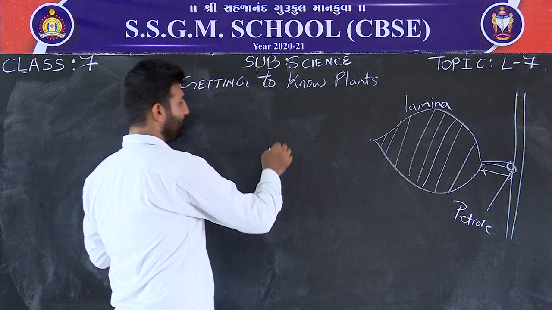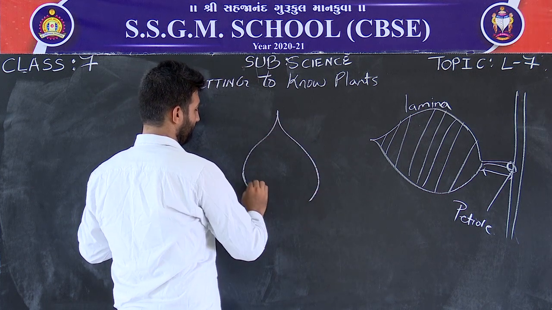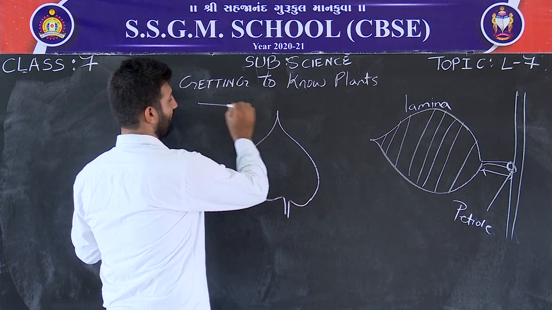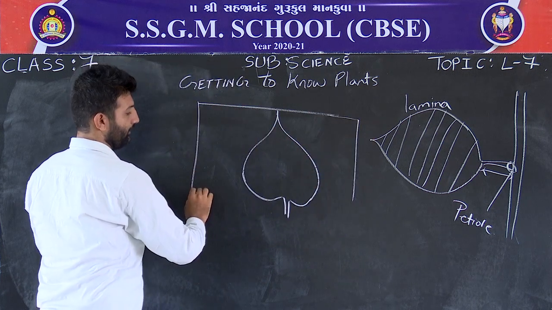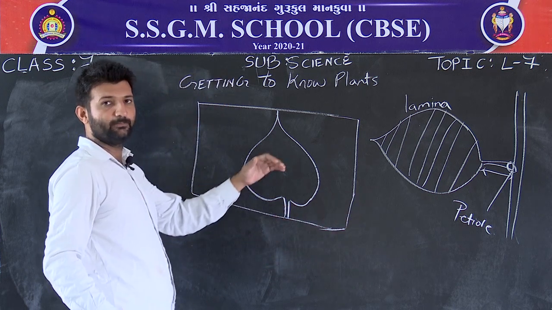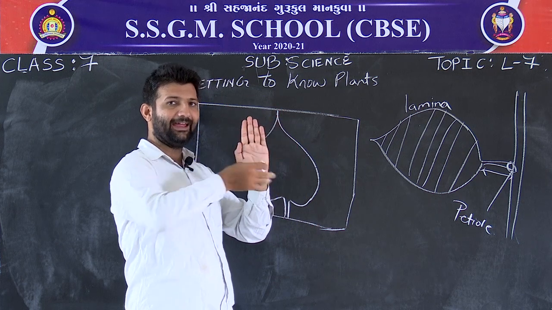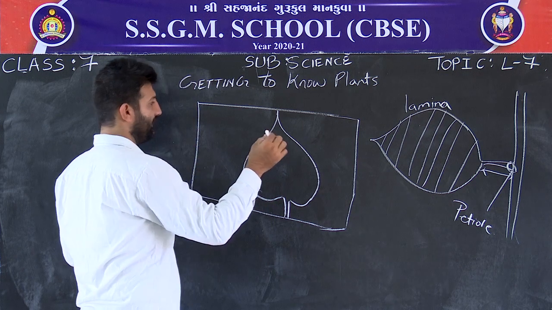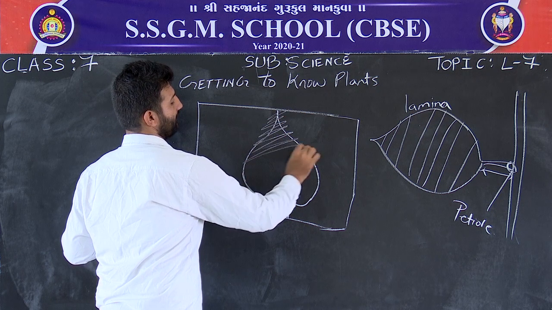First of all, you have to put one leaf on a table, okay, and put one paper, a white paper or white sheet, over it. Make sure that the leaf is below the paper. First leaf, then white sheet, and then take your pencil, sharpened and pointed, and rub over the paper.